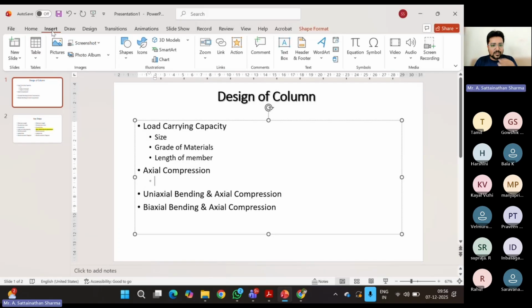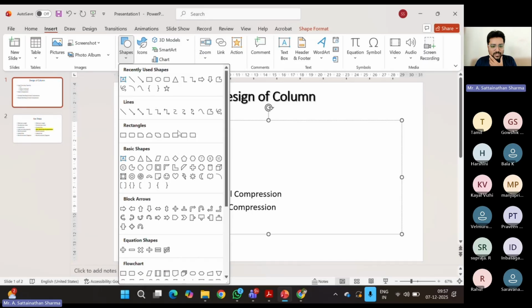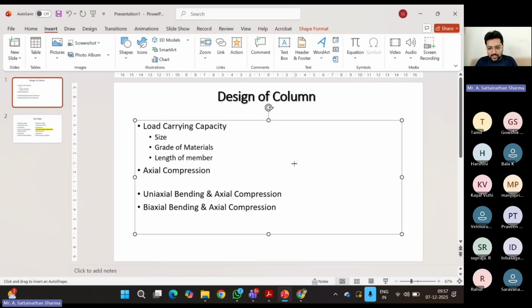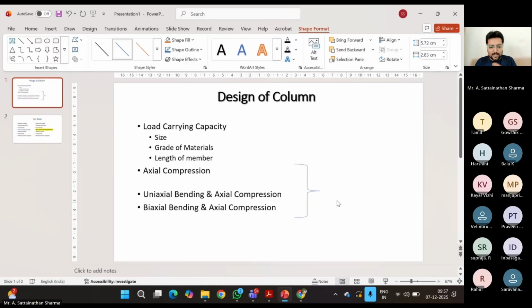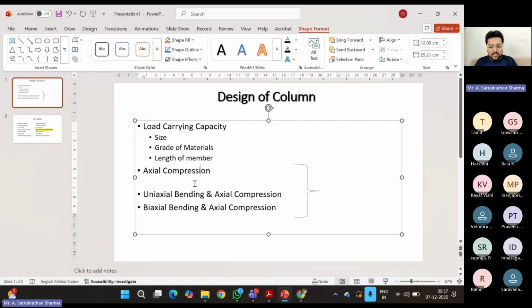Then these three types are what you call design problems. These three types are called design problems. These three: axial, uniaxial, and biaxial. These three are